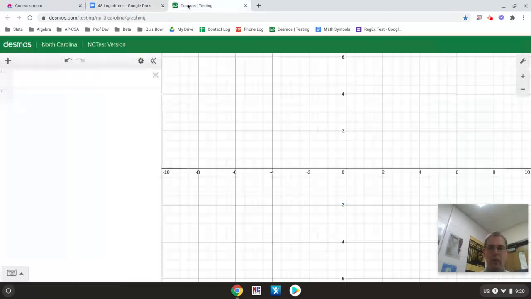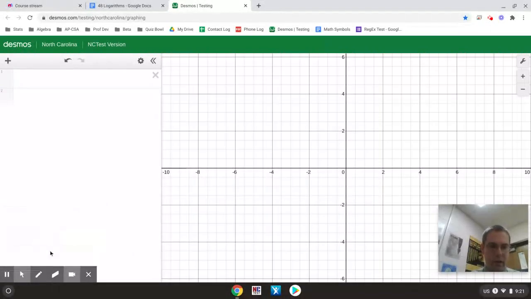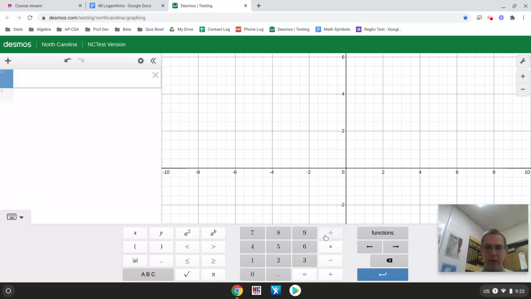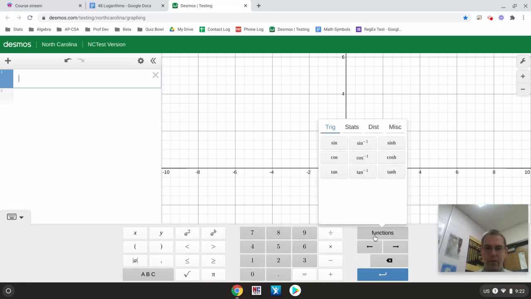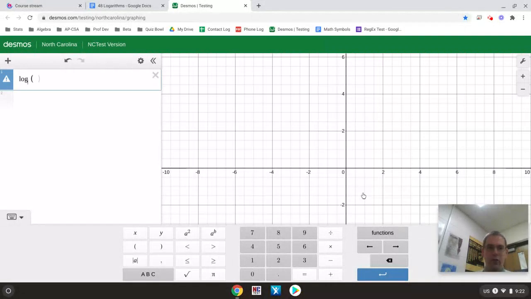So to evaluate that in Desmos, there is an actual function down at the bottom that I need to pull up. So over in my corner with my function button, you show the keypad, go to functions, and then under miscellaneous, you're going to be looking for the one that says log a, and you want to use the log a because that lets you do a base. So you just type in the base you had there, I think 3 of 5, and that gives you the